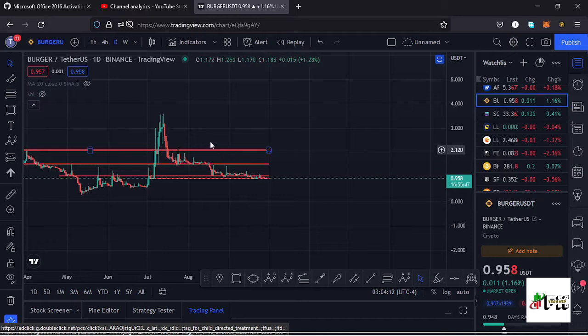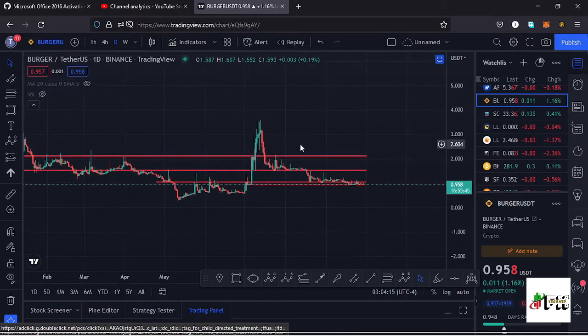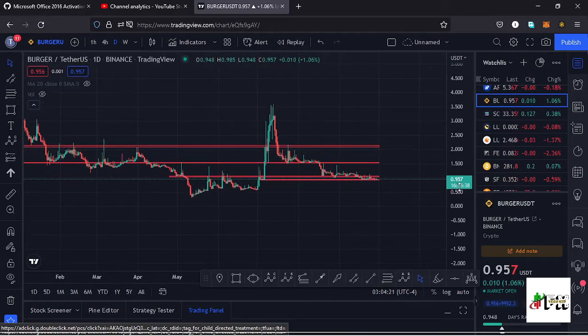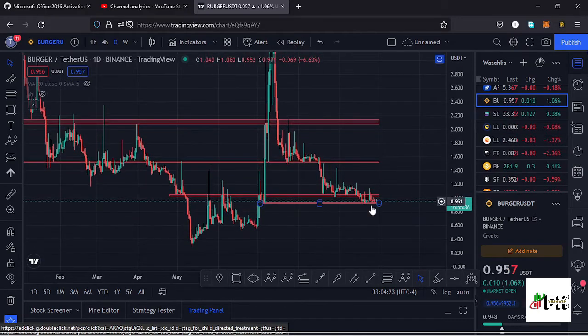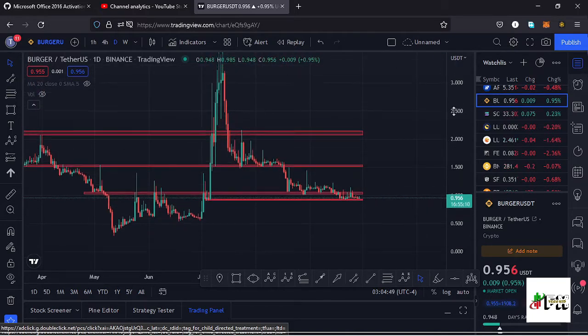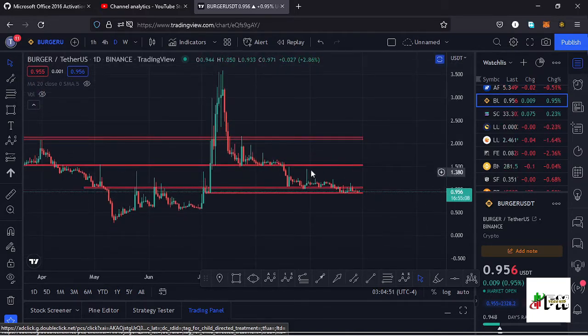And in my previous videos I showed you the key chart patterns that we formed in these movements right here, and I won't get back to that. At the moment we are trading above a key area of support at around the $0.94 mark, which is a support zone. And in this video I want to give you the key scenarios basing my analysis on these support areas and